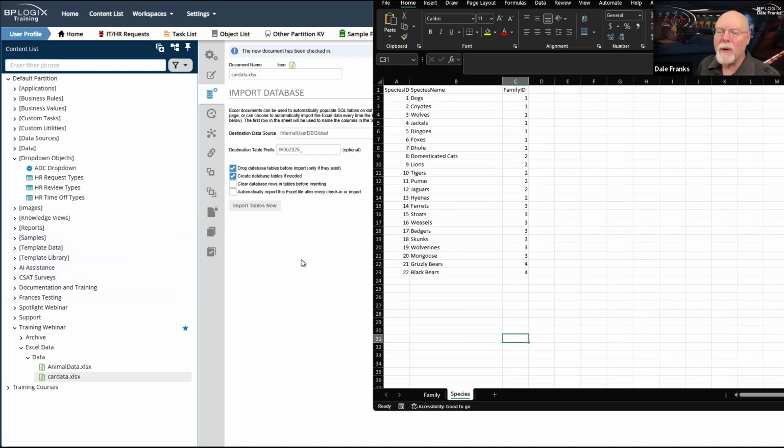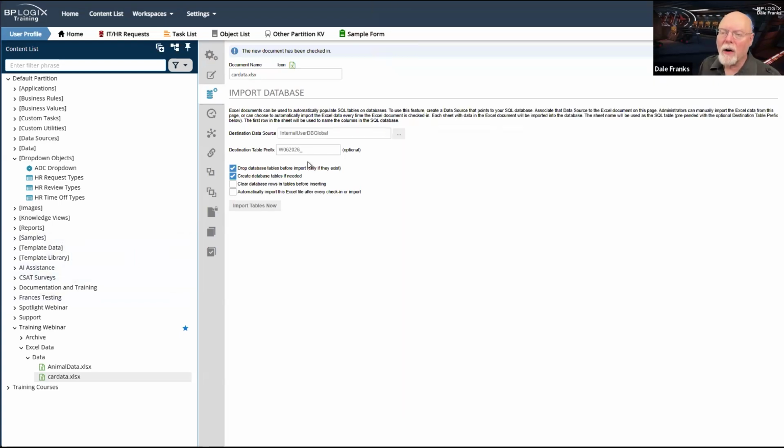All right, well, great. We now have our cars database ready to import. Now, I can just import it from here, from right now, and we'll be fine. But what I probably want to do is check automatically import this Excel file after every check-in or import. Because if I am going to make changes to this file, I'm going to add new records to it over time, which is the most common use case.